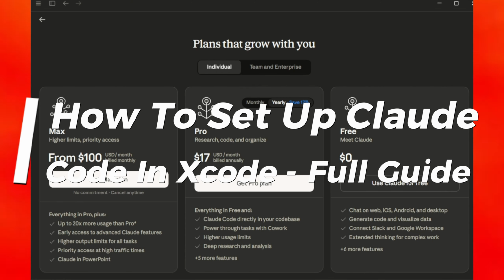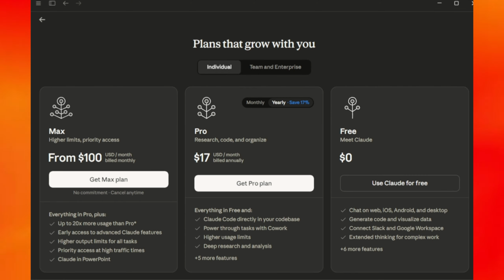How to set up Claude code in Xcode. So before doing any of this, you're going to make sure you have the Pro subscription for your Claude code. If you don't have it, you won't be able to do this setup. But once you do, and you have an account for your Claude code and everything done, you're going to have to